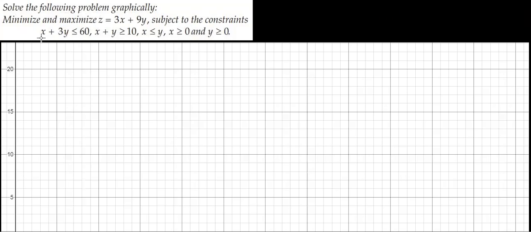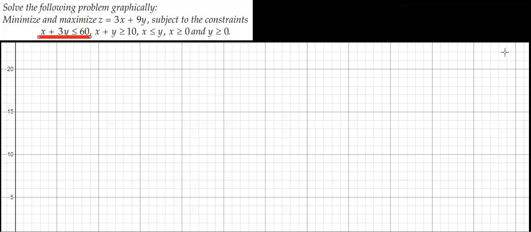So let me go ahead and plot the first inequality. The first inequality is x plus 3y less than or equal to 60, and let's think over it. First of all, I can consider it as an equation instead of an inequality, x plus 3y equals 60, in which case I can see 2 points lying on that line very clearly. When x is 0, then 3y should be equal to 60, or basically y should be 20. So when x is 0, y should be 20.